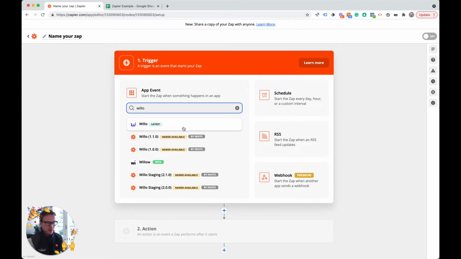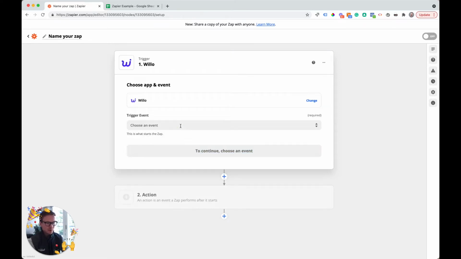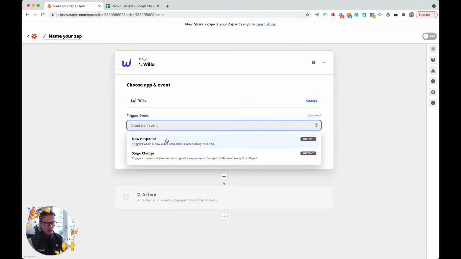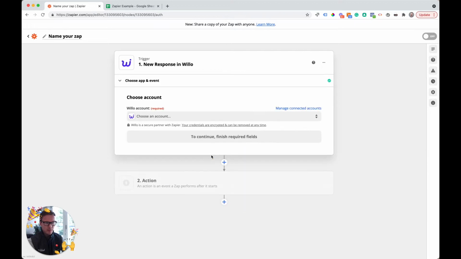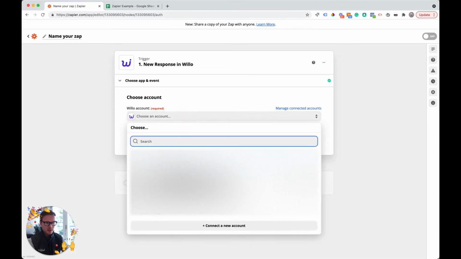We'll use Willo as our trigger. So you type in Willo, and what we're going to do is choose New Response. So what this means is that whenever a new response is received in my Willo account, so whenever somebody completes an interview in my Willo account, we're going to trigger this Zap here. So we click New Response, Willo, click Continue. We then just choose my account,